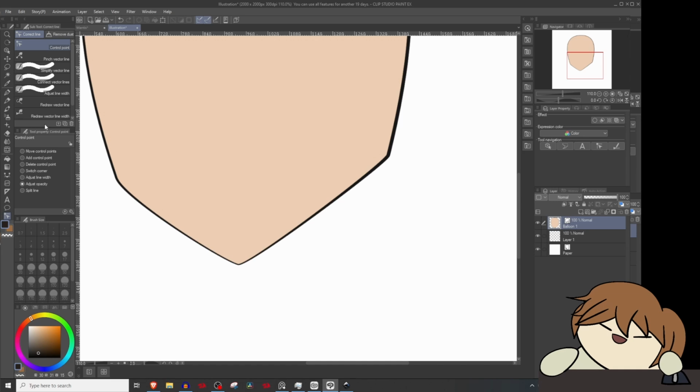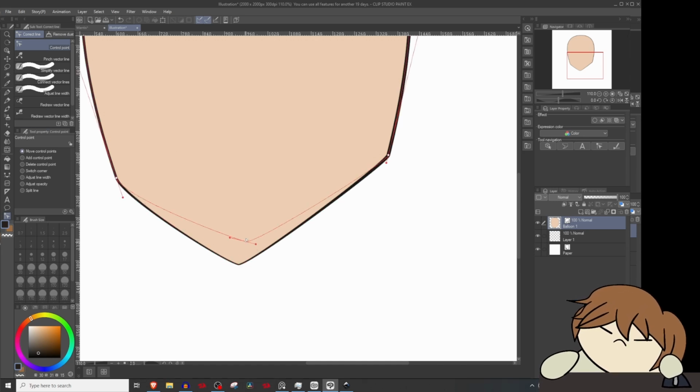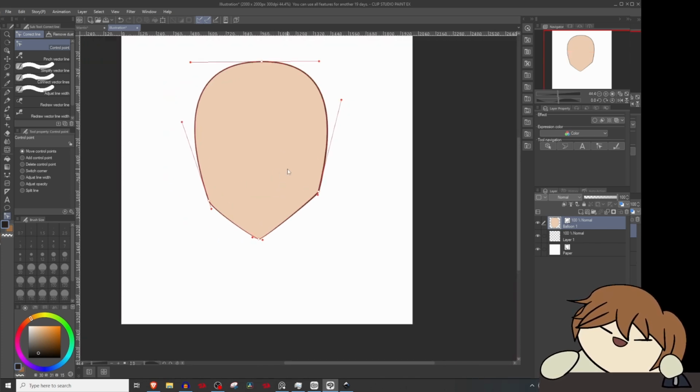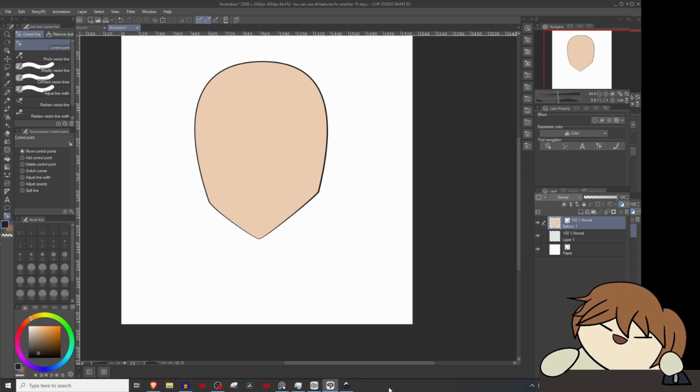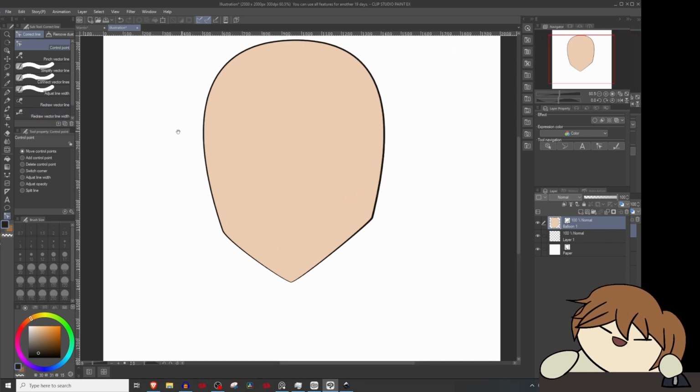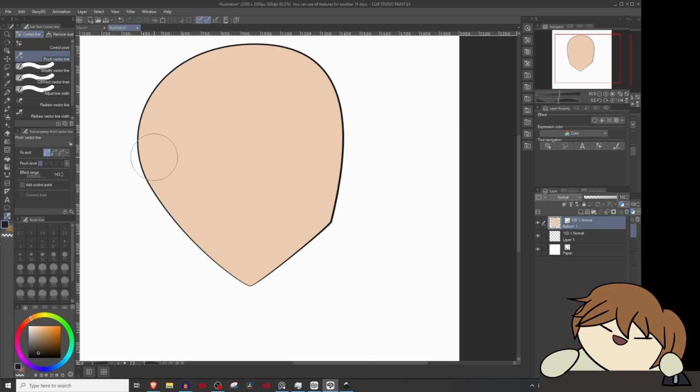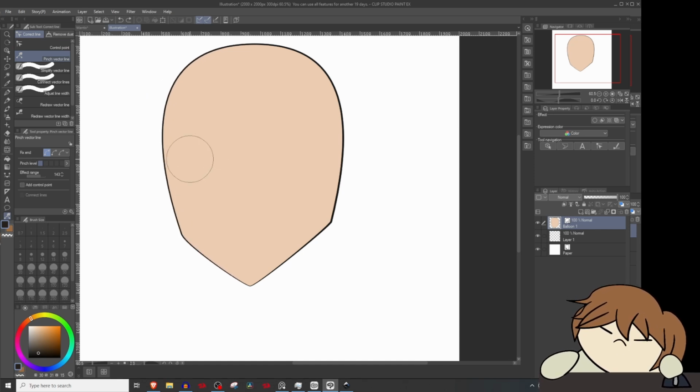So the control point stuff doesn't work very well on the text balloons. It's a bit glitchy because you're not supposed to be drawing with text balloons. They're supposed to be for text, but I don't care. I want my shapes. I want my vectors. I like my vectors. So you can be a peasant and do this, but real